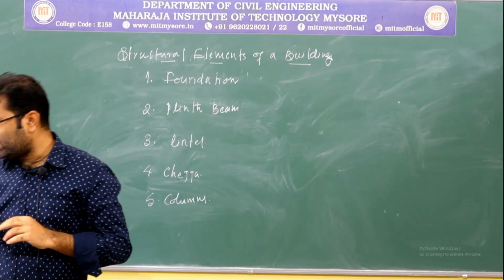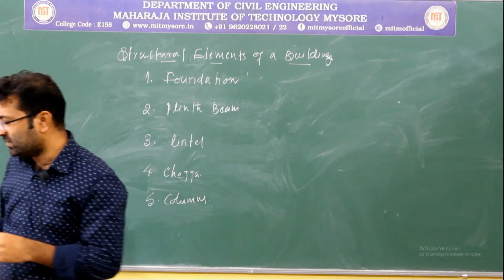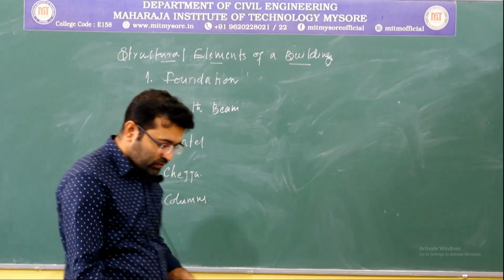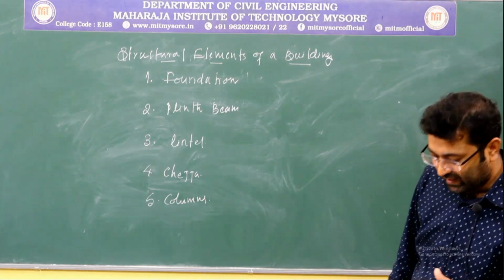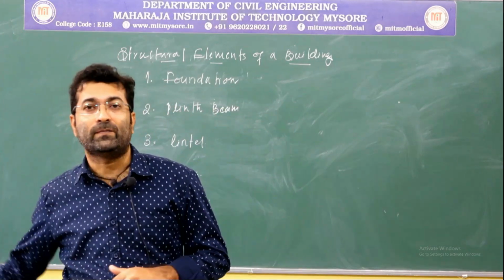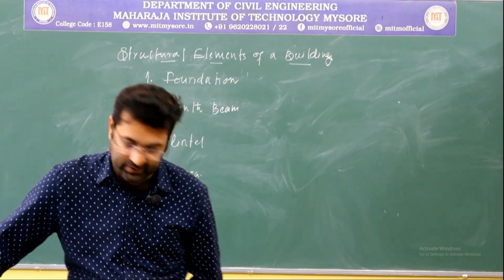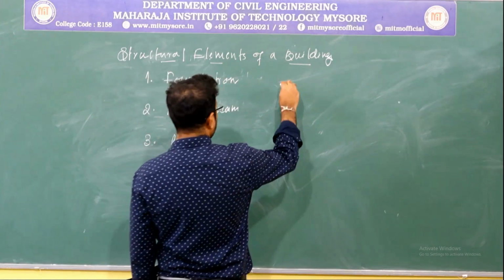So, in an RCC structure, the RCC column will be the major thing, right? So usually you can see these columns, if you have visited any apartments and the parking area, you can see the columns and how they are arranged and all those things, right? The next structural component is